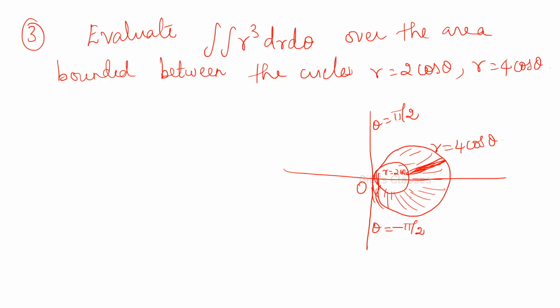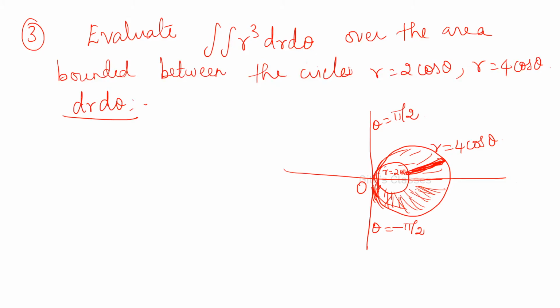Now it can be either dr d theta or d theta dr. Let us consider dr d theta, that will be easier here. What are the limits of r now? To find r, you consider the strip here and see from which point to which point it will vary. So it will be from this line to this line it will vary, right? Both the ends, you find the limits of r.